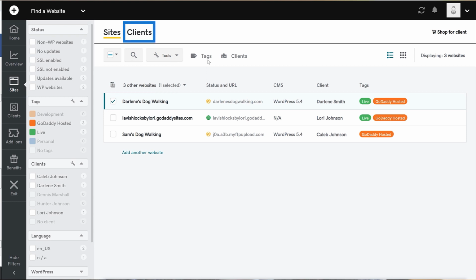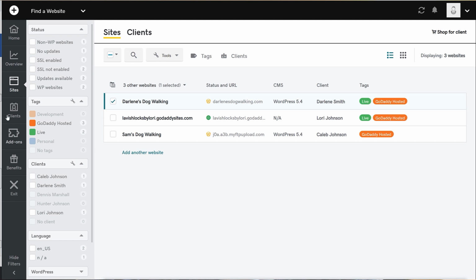Notice the Clients tab? Let's refer to this as Site Clients, since you'll notice that there is a Clients option in the nav bar. The Site Clients section displays all the clients that you have added. From this screen, you can add new clients, connect your client to a specific website, and you can click Settings to create a client profile.